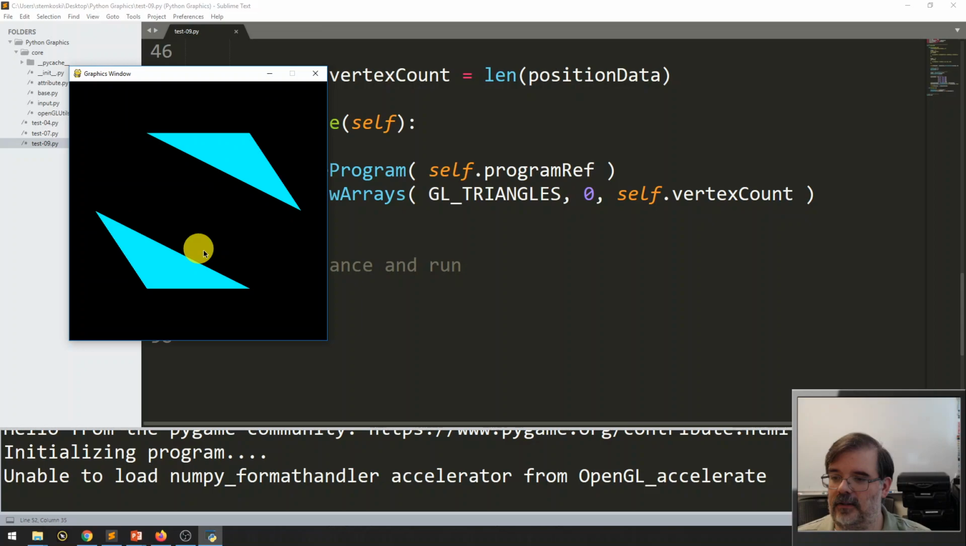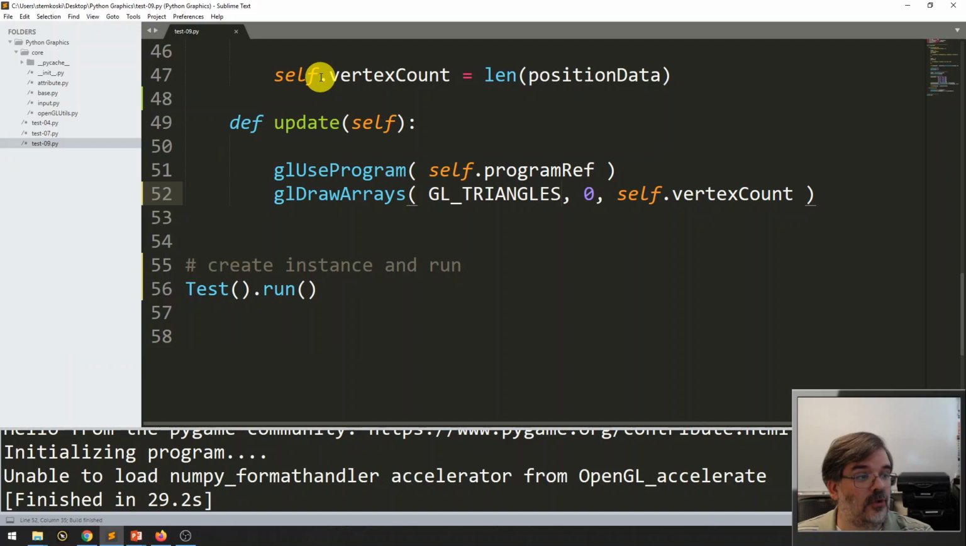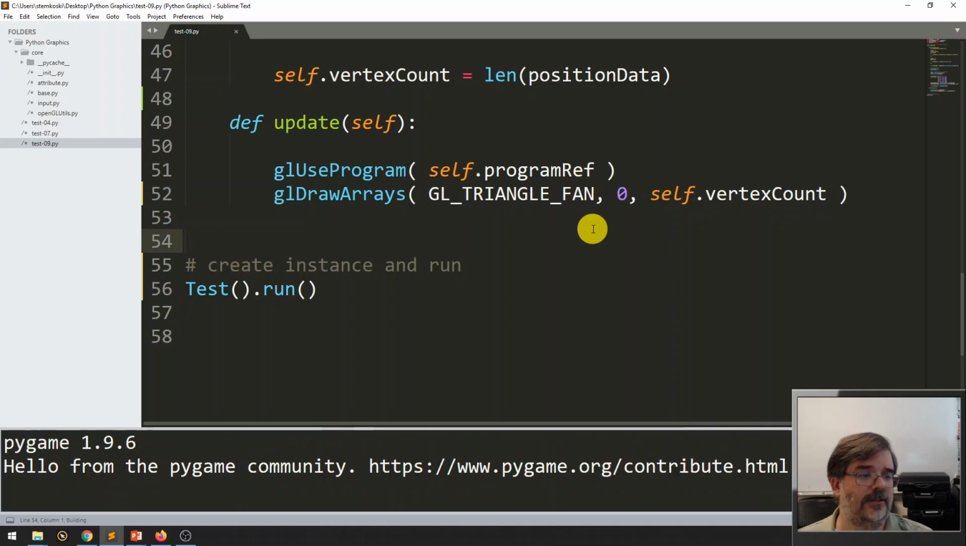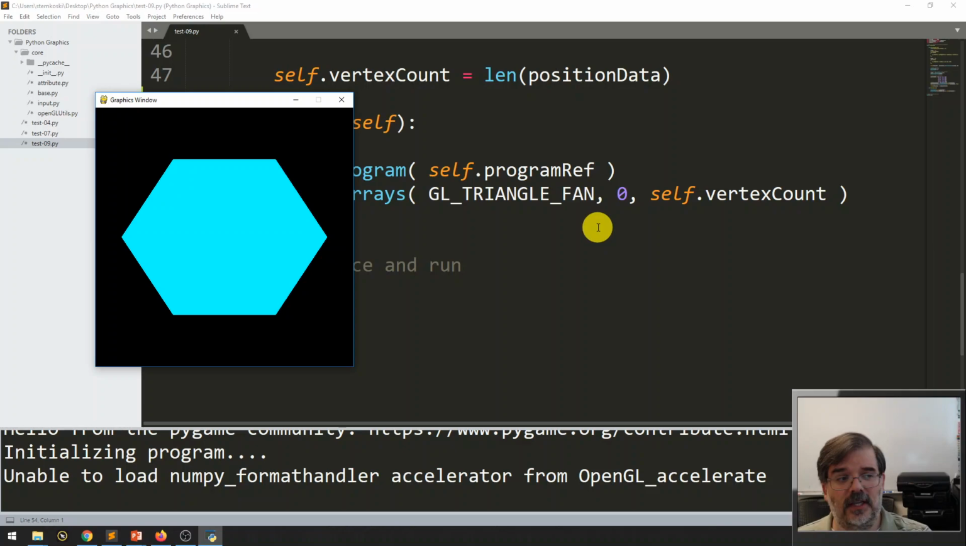So that's another mode. However, you might want a filled-in hexagon, and so there's a mode for that as well. Let's go back to the code, and one more draw mode to try out. This is called GL triangle fan. I'll go ahead and run this and show you how it looks. All right, so what's interesting here, it looks like a filled-in hexagon, but this is really and truly 4 triangles